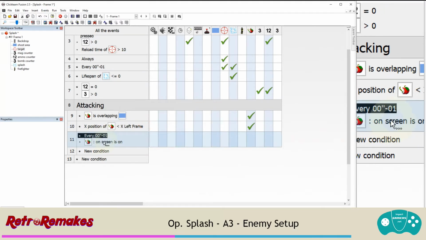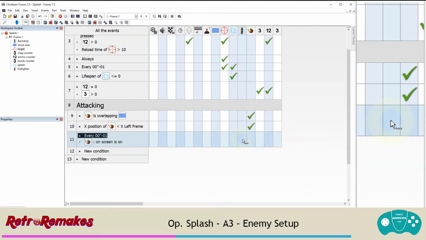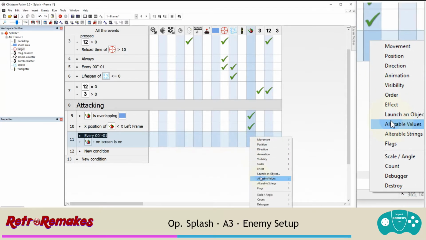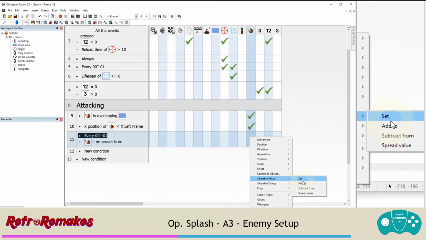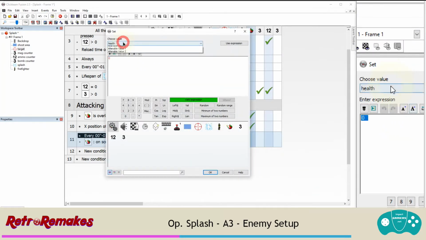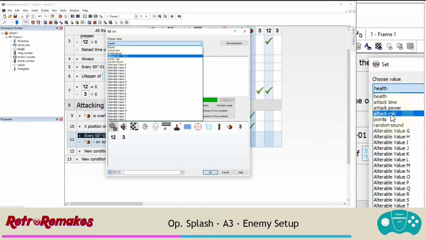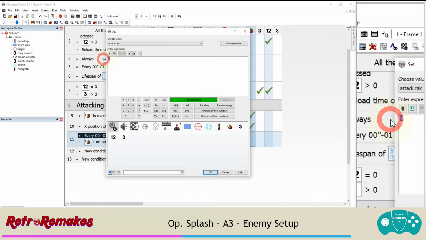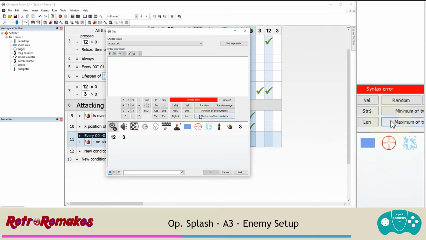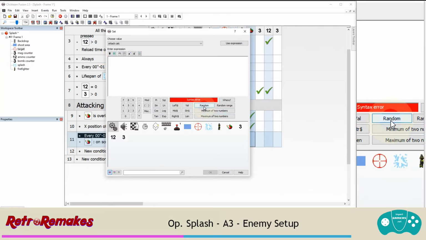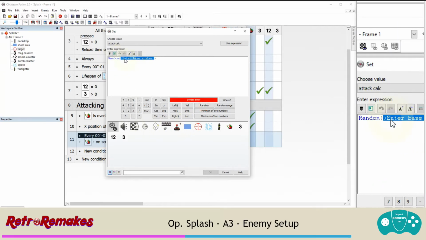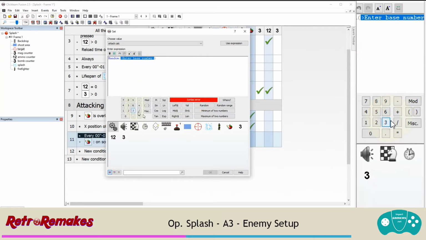So if any of them are on screen, 100 times a second, run this. And for each individual one, we will right click in the group and set an ultra value. And this is the calc that we kept. So make sure you change this down to attack calculator, attack calc, and delete the 0. And it's going to be a random number. So you can use random here and leave that selected in blue so that it's going to be overwritten, because